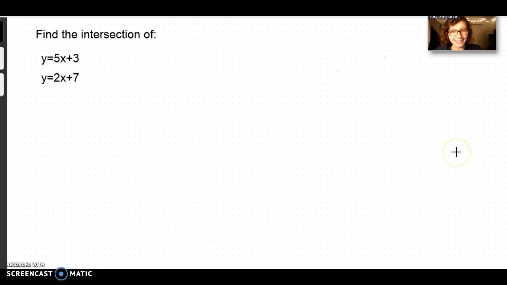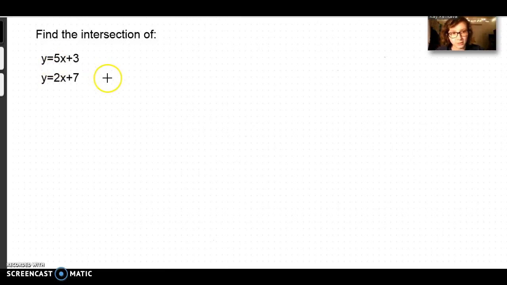Hi, it's Kay, and there were a lot of questions on the discussion forum about how to use Alex's online calculator to find the intersection of two linear equations. Now there's another way, besides using the calculator, to solve two linear equations for the intersection, and it's solving the